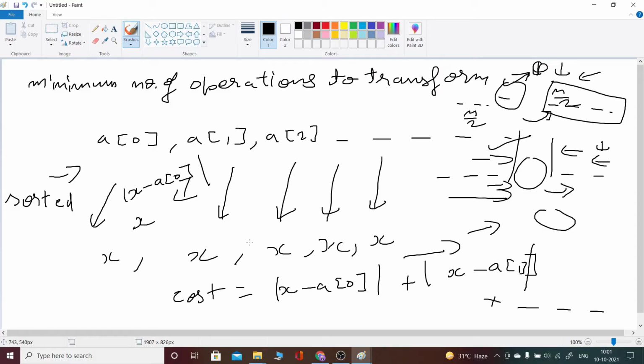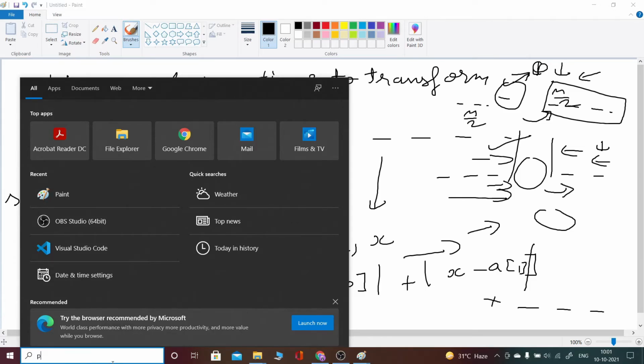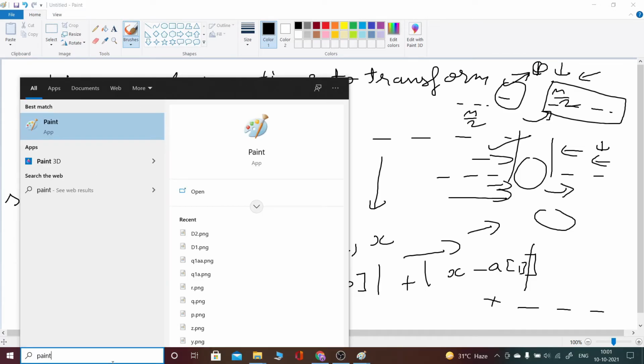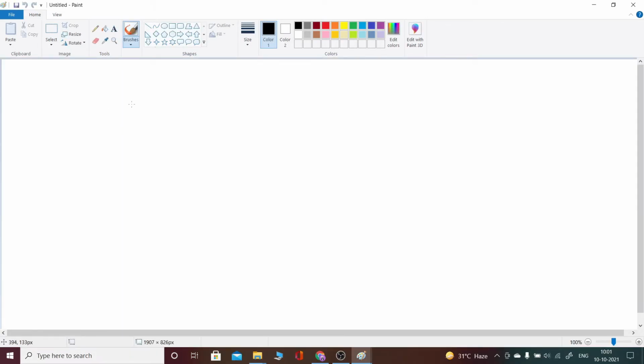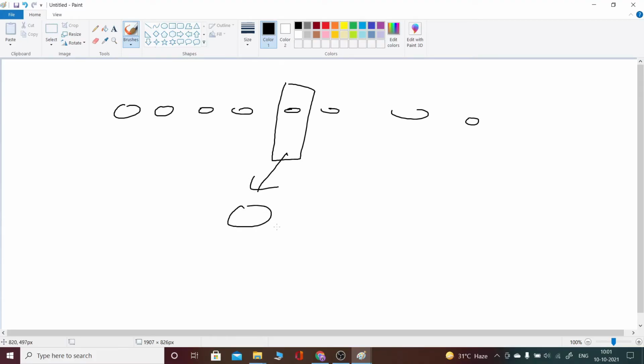So a similar approach we would apply to this question as well. What we would do is sort the array, and we would sort the grid. We would take the grid into a vector and sort it. And we are going to convert all the values to the median, the middle element. How many operations we have to do is slightly changed.